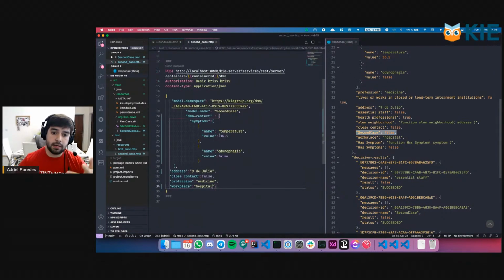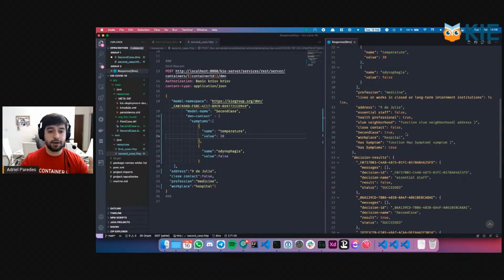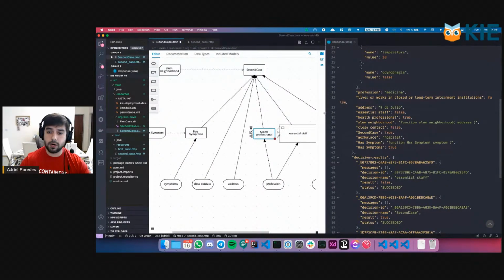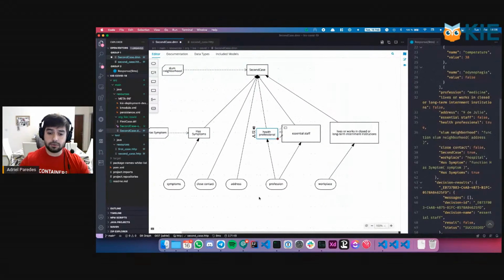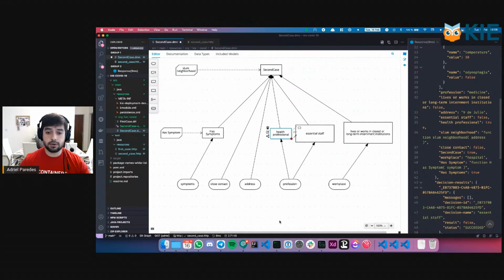Now, if we say that this person has a temperature of 38 degrees, and we execute this again, we will see that the second case is true. So this way we can confirm this is actually working, and we are going through all the rules we wrote inside the decision model. So this is basically this real case scenario implemented in DMN